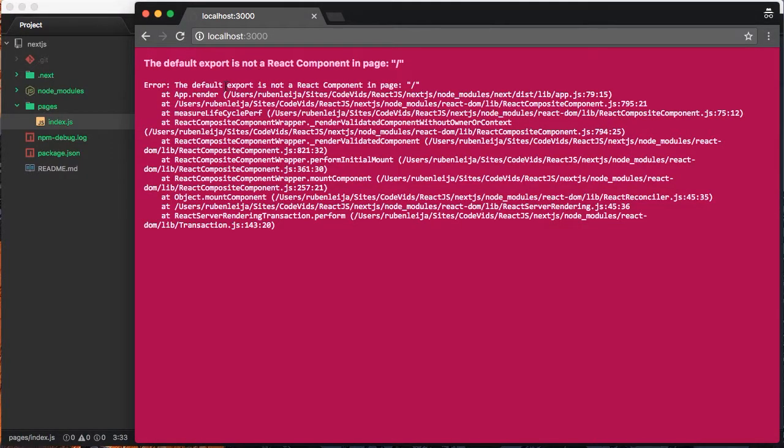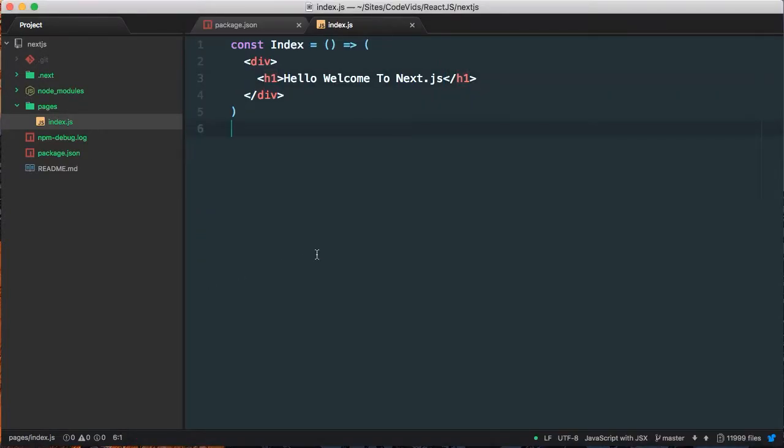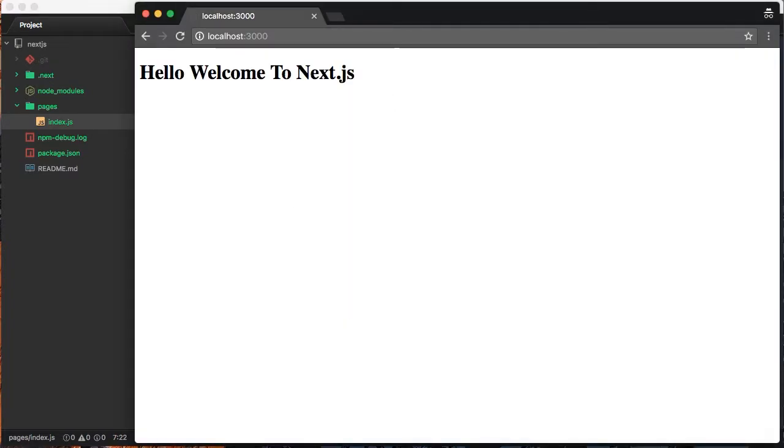We're going to save that, and it should automatically do its thing. Oh, okay, so it's telling us default export is not a React component in page. That's right. You know why? Because I did not export this. So let's just export this function index, and we're going to save that, and it's going to reload, and there you go. That's how easy it is to get started with